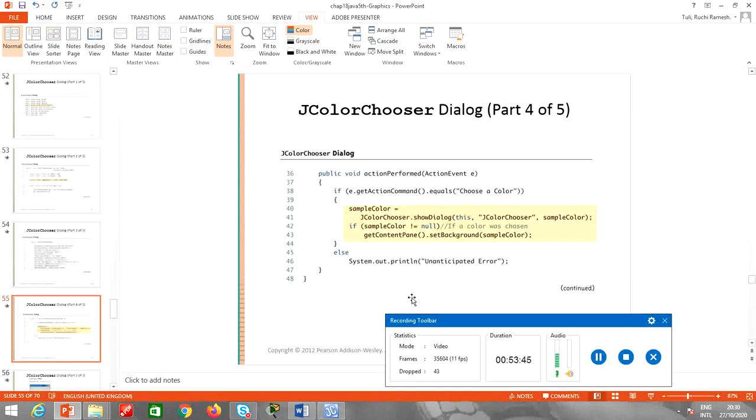So this is just for the layout. Now actionPerformed is to choose a color. So you will use the showDialog method, this JColorChooser and an object of the color class. So if it is not null, then set the content background to the sample color,